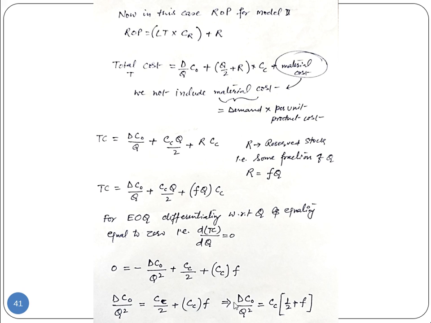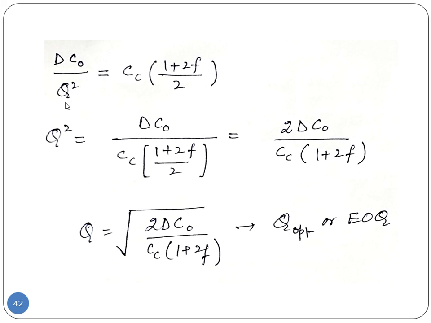and then rearrange the terms, I get this equation DC0, C0 is what, ordering cost, Q is my quantity level or number of units in an order, that is Q, and CC is the carrying cost per unit. So this formula I am going to get, and then from here again rearrange the terms, Q this side and all other terms go to the other side, and then I am going to get the Q value. Now Q becomes 2DC0 by CC into 1 plus 2F. This is my optimum